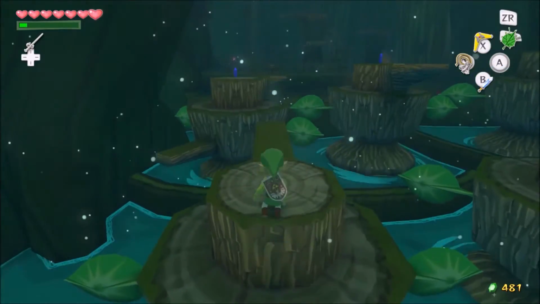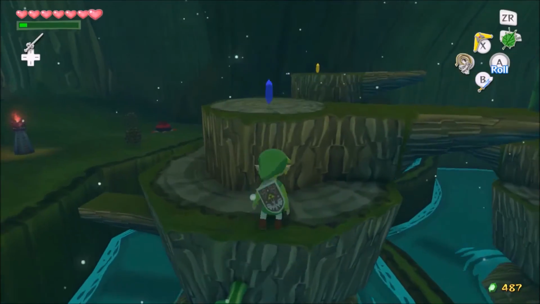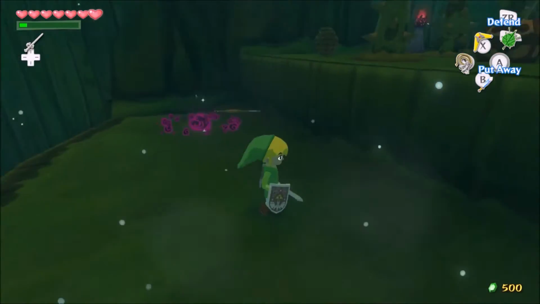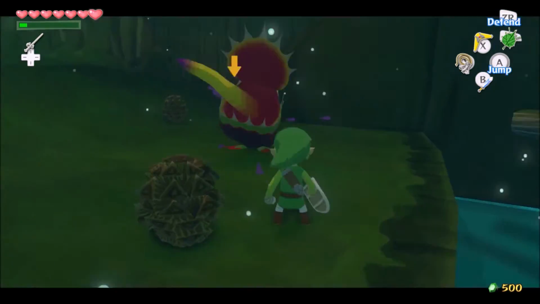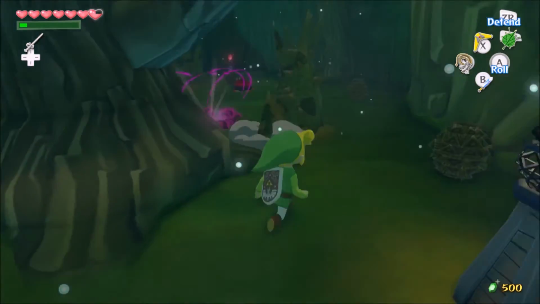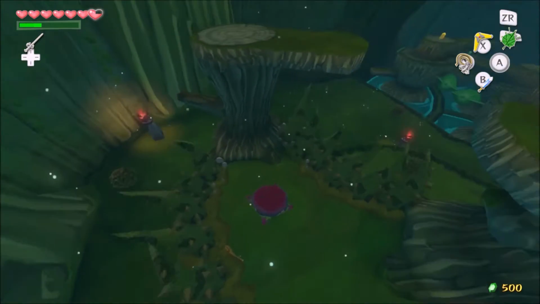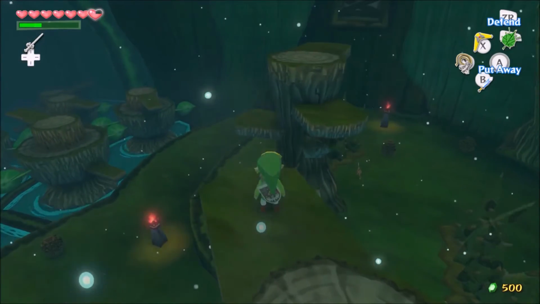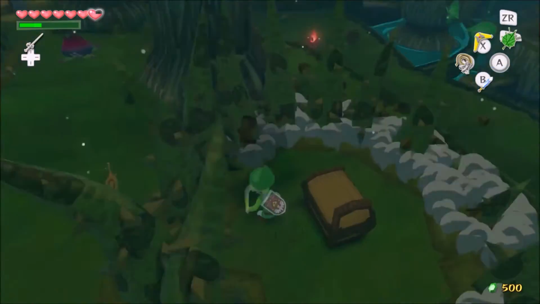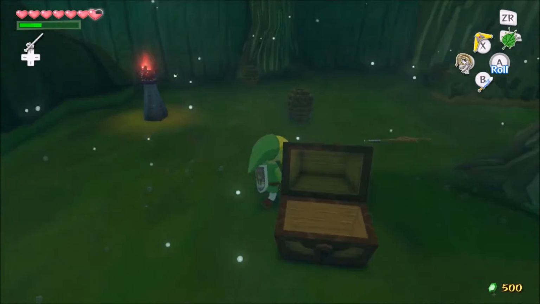There are some Deku Babas on the other side that are going to try and attack you, so use your boomerang to defeat them all. And also watch out for the thorns that will come up unexpectedly. You can drop down off the top platform to get this treasure chest or a joy pendant, but once you've